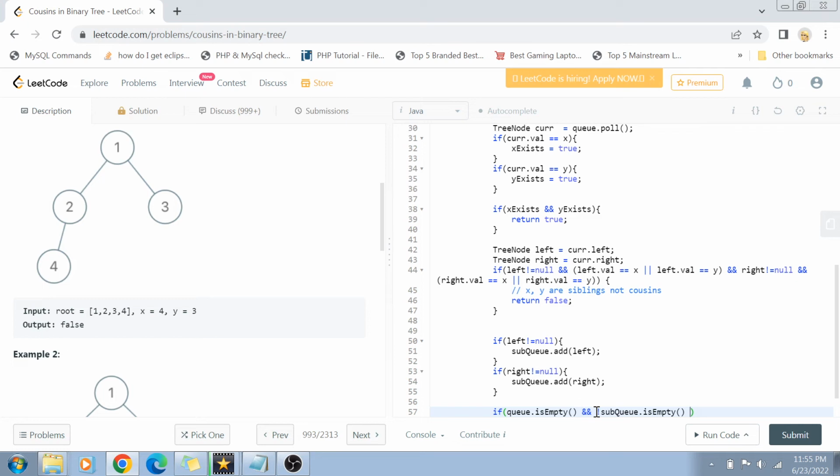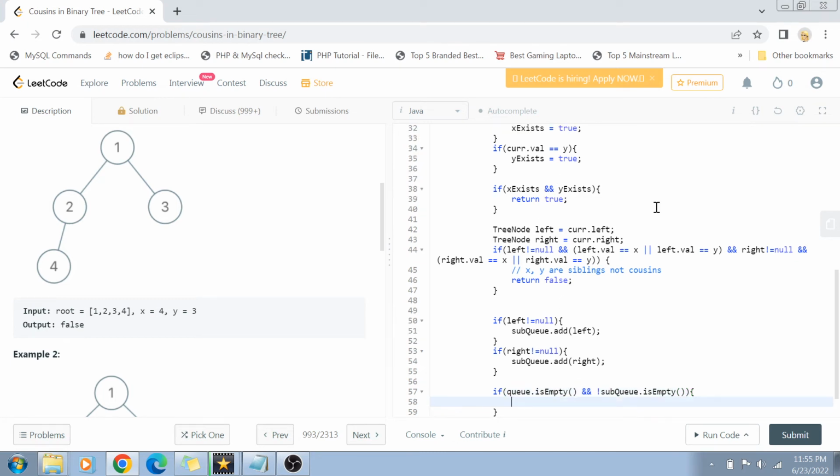Okay. So actually no. So if x and y are found, then we are already returning true from here. So in that case, we will not jump into this condition. But if either x is not found or y is not found, then we will go to this condition